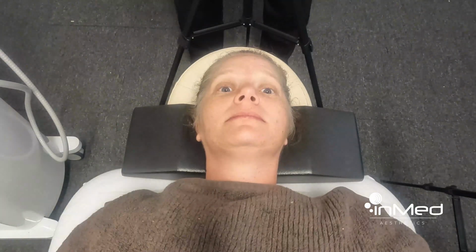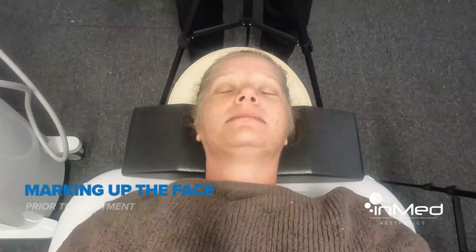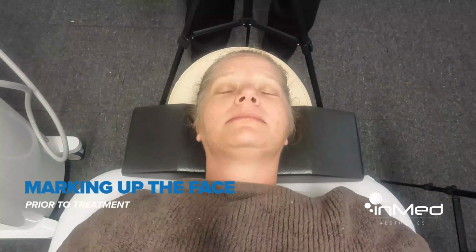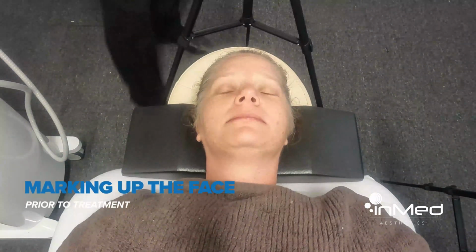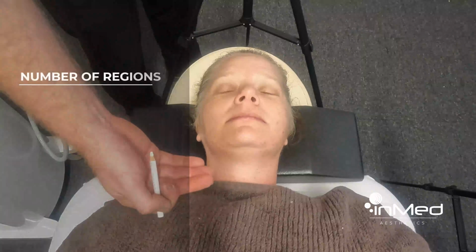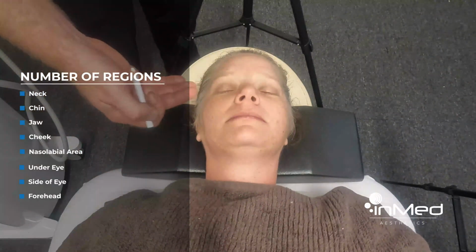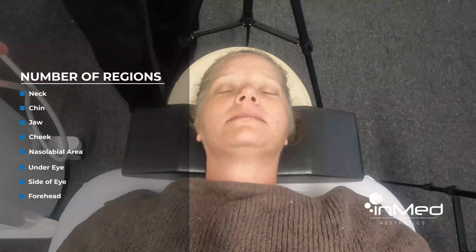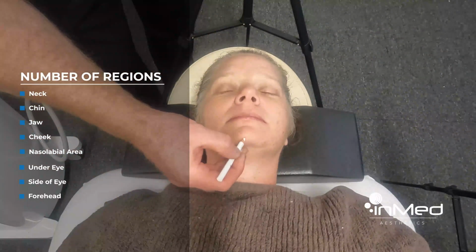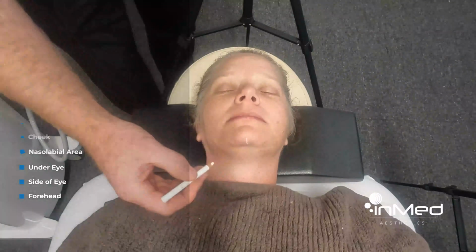So the first thing we're going to learn today is marking up a face prior to treatment. What we're going to be doing is breaking the face up into a number of regions, which includes the neck, the chin, the jaw, the cheek, nasolabial area, under eye, side of eye, forehead. So when we're marking up a face, we'll mark a centre portion on the chin, and then